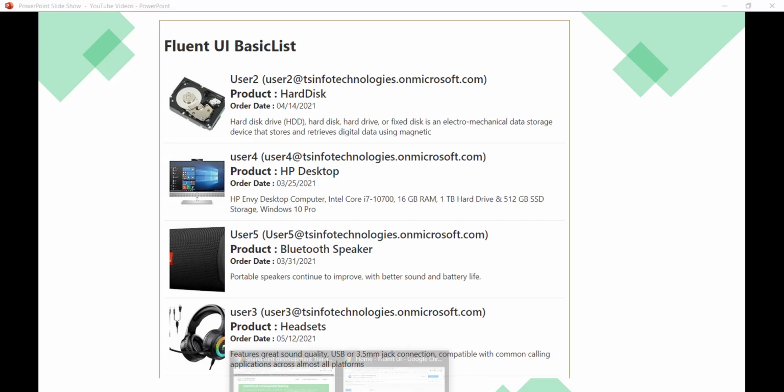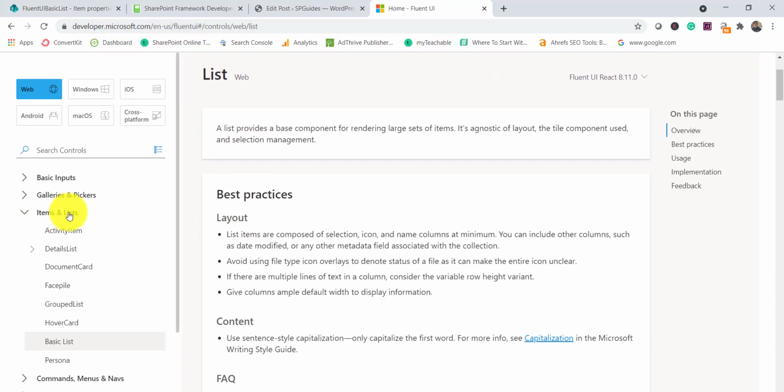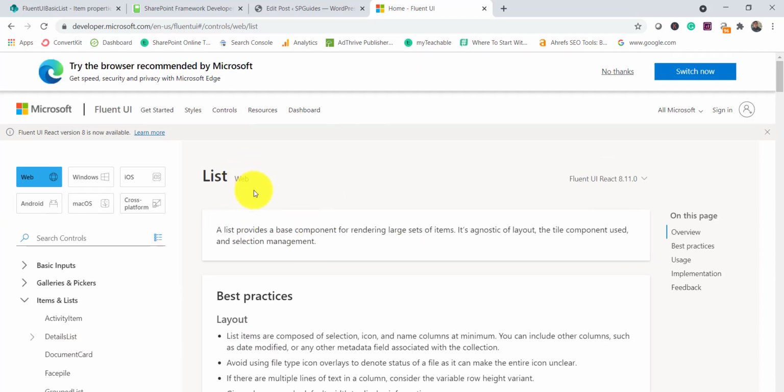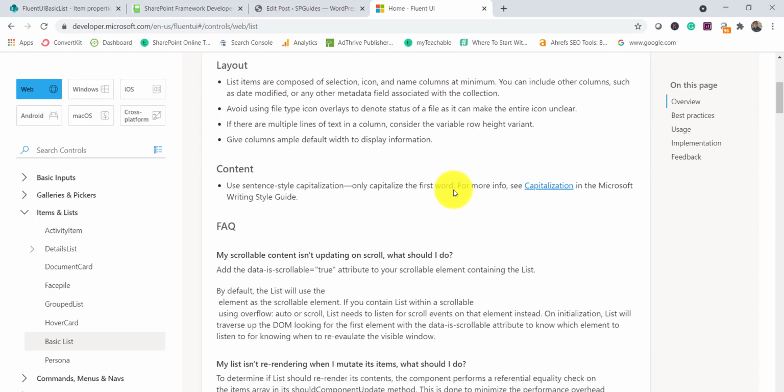Now just to show you, if you open this Fluent UI official Microsoft site, you can see here under items list, and then there is basic list. So this is the list, you can see here the description. So we can use this list to render a large set of items that we want to display.